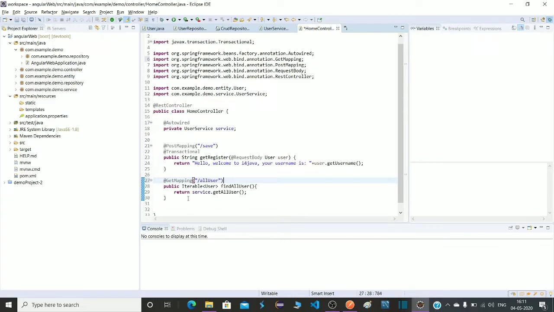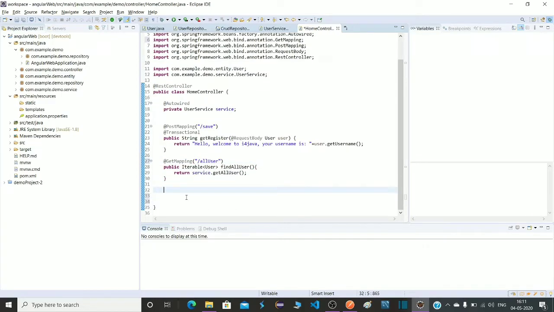It will work fine. Let's create one more method for retrieving data by username. Suppose someone enters a username, so the record available in our database should come out.